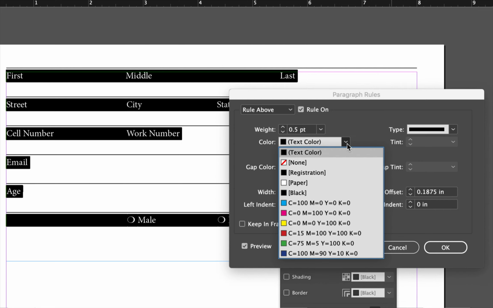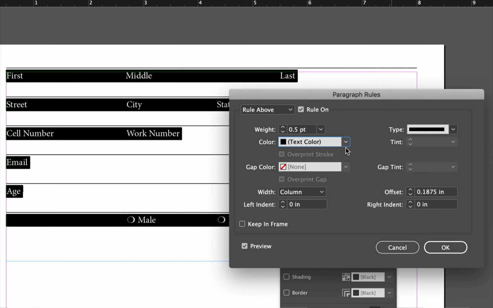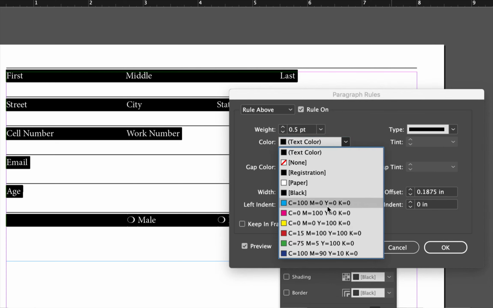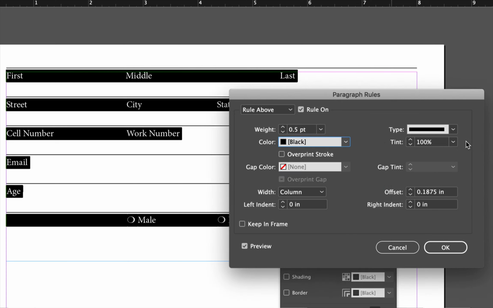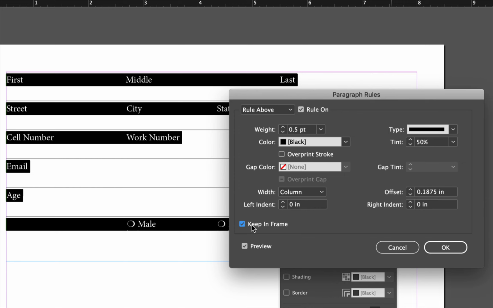And if I wanted to play around with the color of it, I could make it a tint or another shade of it as well. So maybe instead let's do black and let's do a tint of it being 50%. With that done, you can also tell it to stay in the frame or stay with whatever line that you have. I'm going to keep mine inside of the frame so it will pull everything down. When we say OK,